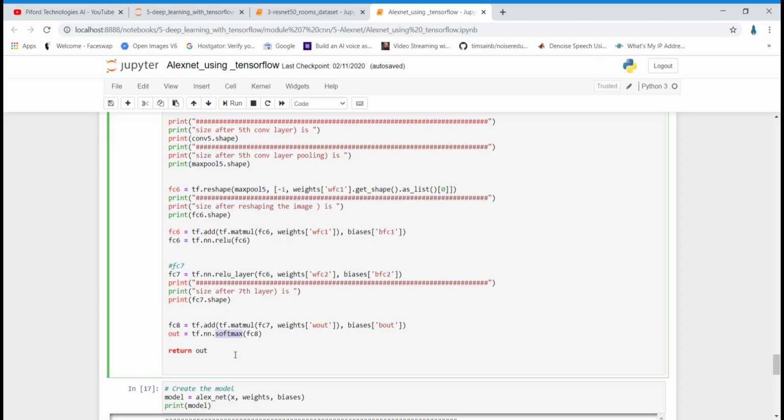Because this is an object classification task, and we want to know the probability that a particular image belongs to which particular class. For that we use softmax, because we cannot use ReLU over here. The task of ReLU is only to replace all the negative values with 0.